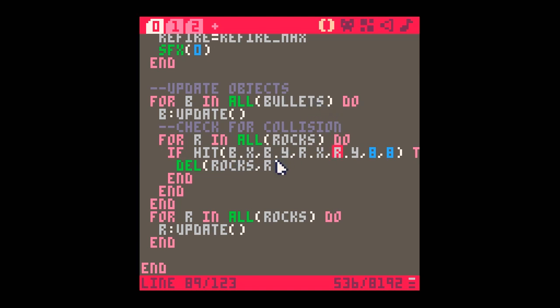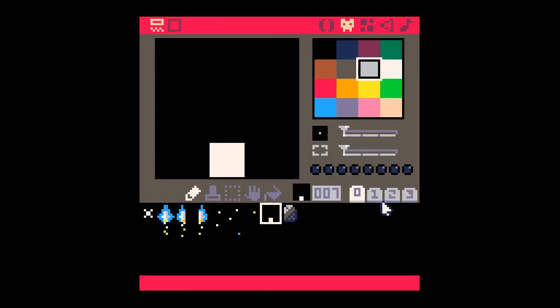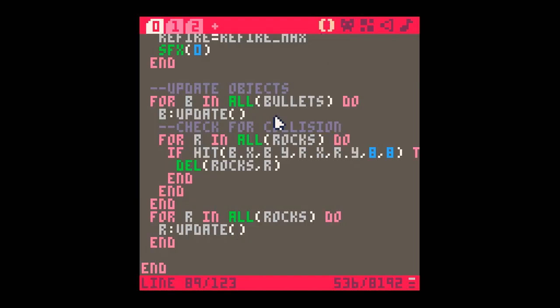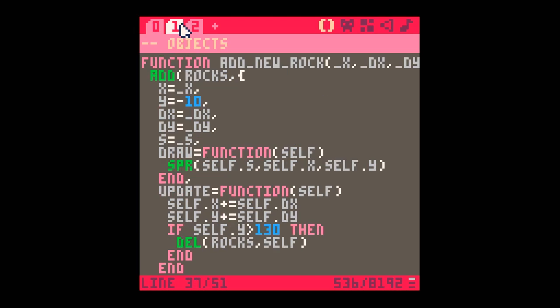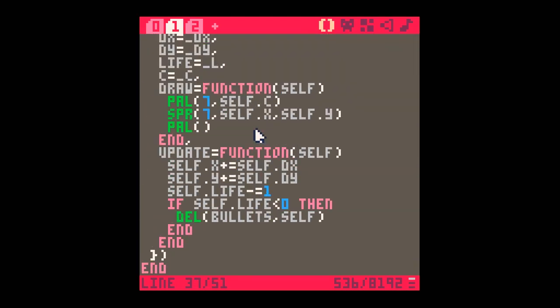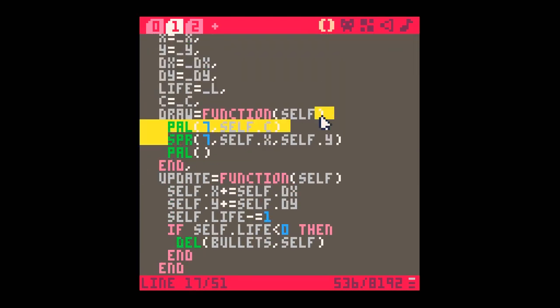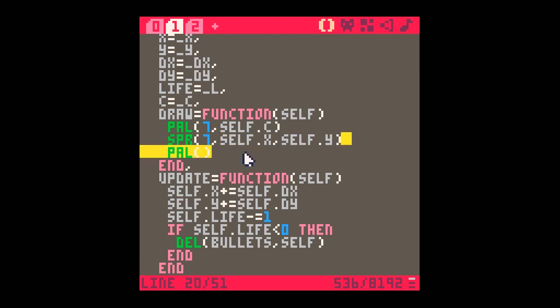So bullet X, bullet Y. Ah, I know why. It's this stupid sprite. We're drawing the bullet as though it's a sprite. And so what's happening, of course, is this whole sprite is here. The X and the Y is this location when it draws the sprite. And it's pretty rubbish, really. So I think we need to go back and fix the object here to not draw a sprite anymore. Okay, I think we'd be better off saying,